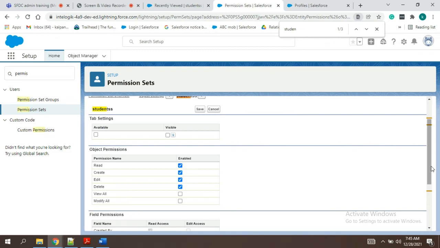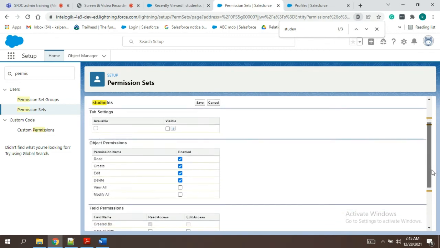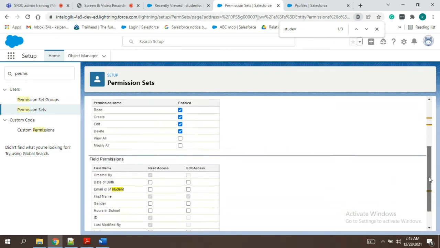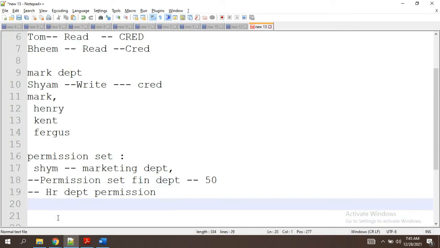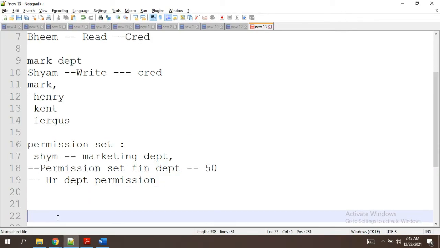For other departments, do we need to give create and edit permissions? No, we are just working on how it works, that's all. Now we have only one user, we cannot have another user.